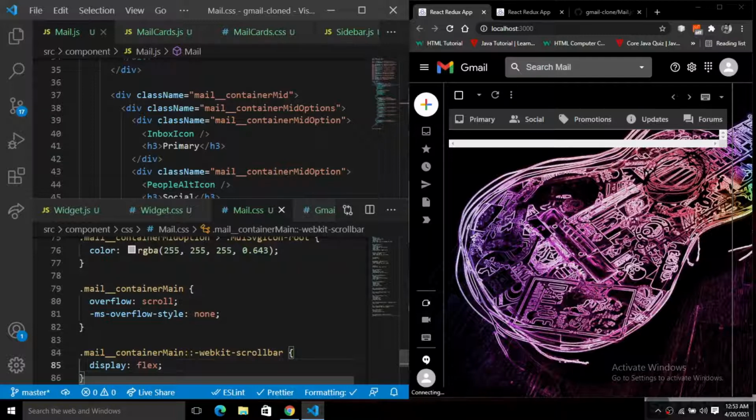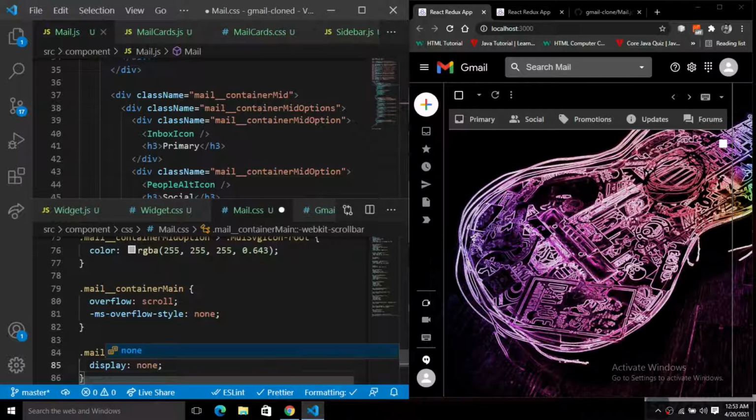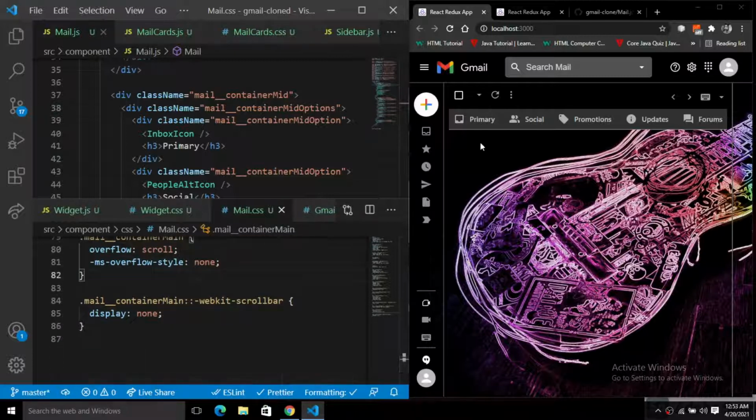No, not display of flex, just put the display of none. Sorry, display of none, because we don't want these things to be shown there, but the functionality of the scroll will be there, but you won't be able to see this.